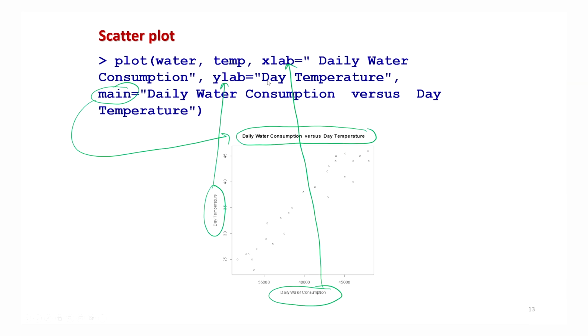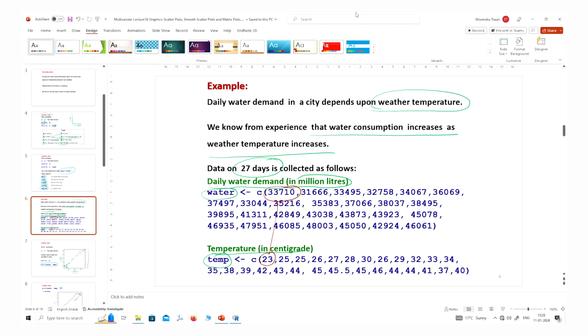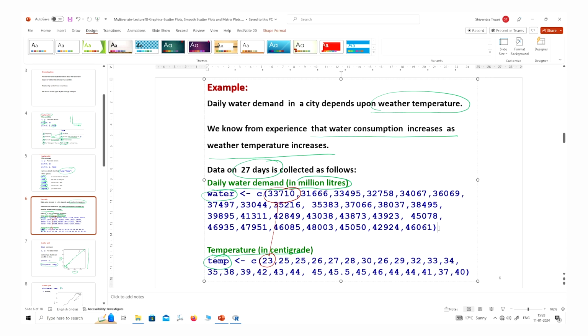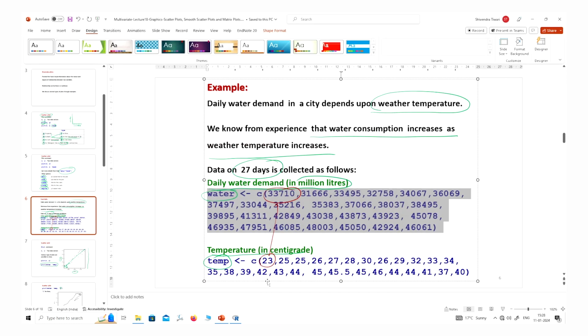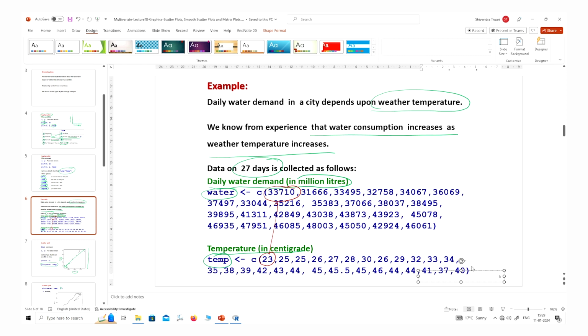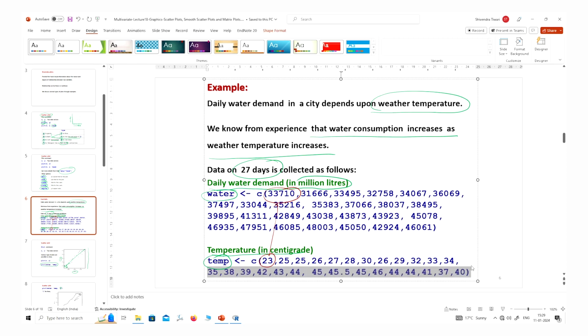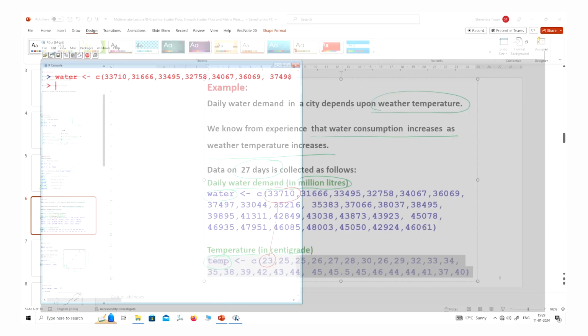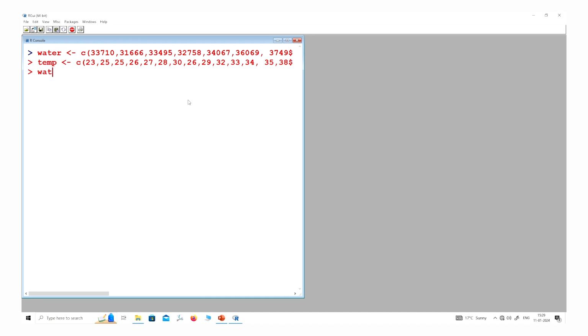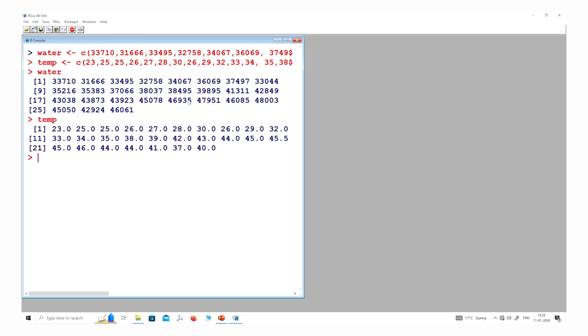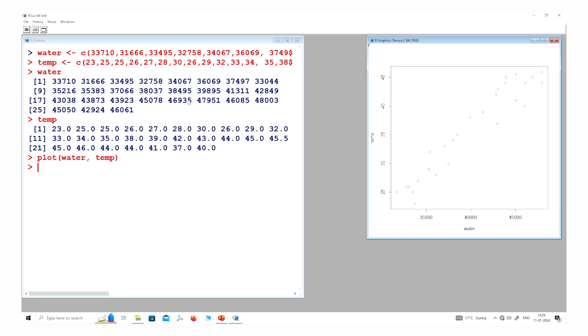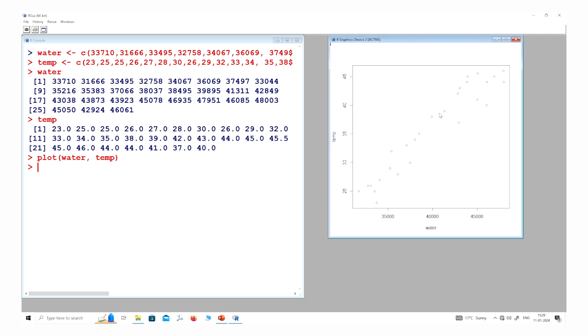So let me first give you an illustration of these commands on the R console. First let me copy this data over here, and similarly I copy the data for temperature. Right. So you can see here this is your data on water and this is your data on temperature. Now if you write plot water comma temp, you get this type of plot,